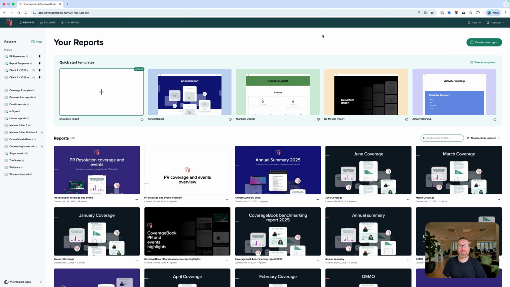CoverageBook's report template features allow you to create and save bespoke formatted reports for everyone on your account to use. It will ensure that all of your reports stay consistent and looking exactly as you want. They will always be on brand, and they're really quick and easy to use once you've got them set up. So anyone can grab a report template, add coverage to it, and your report's ready to go in just a